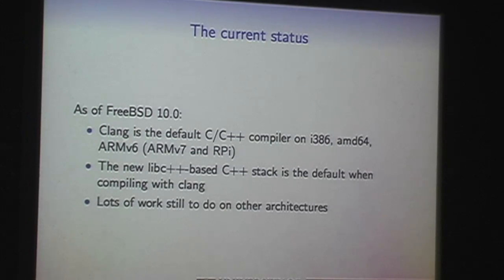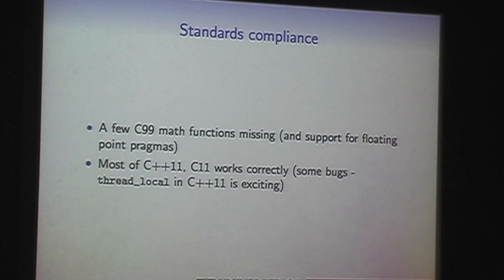But that's two architectures, and FreeBSD supports several architectures beyond that, so there's a little bit of work there. In terms of standards compliance, we still have a few math functions from C99 missing, and the various people on the FreeBSD numerics list, whenever I bring this up, say, yes, I have a version, but it's not quite perfect, so I won't commit it. But I will have it perfect soon. And they've been saying this for about 2 years now, so hopefully it's getting asymptotically closer to perfect, and eventually there'll be a rounding error and they'll think it's perfect.